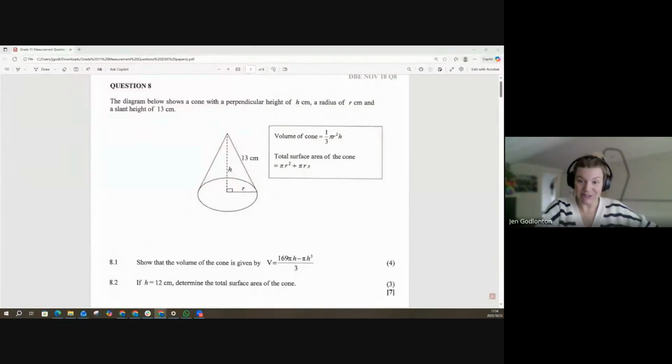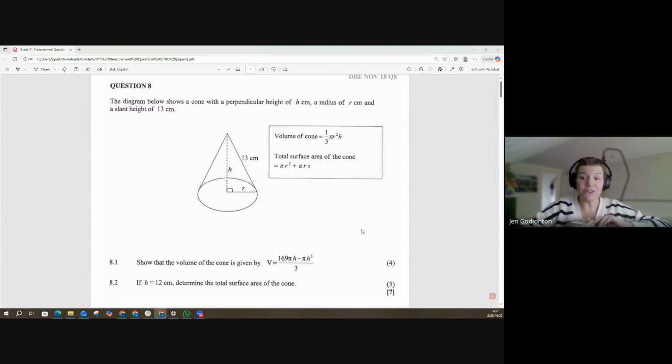Okay, so as promised, today we are doing measurement questions that came straight out of DBE papers. This one was from November 2018. So this is what I mean. They can ask you these types of questions, but they don't necessarily do measurement in grade 11 because it's assumed